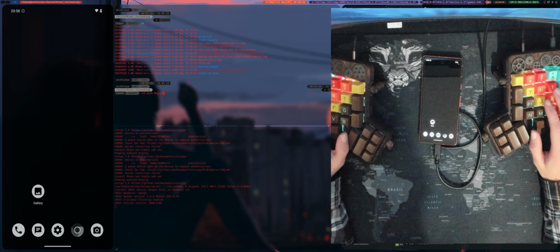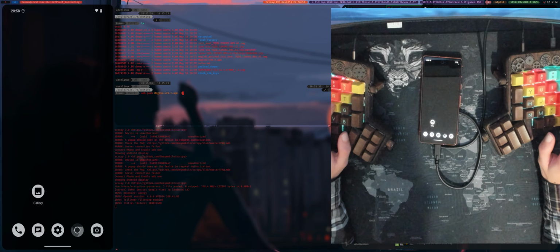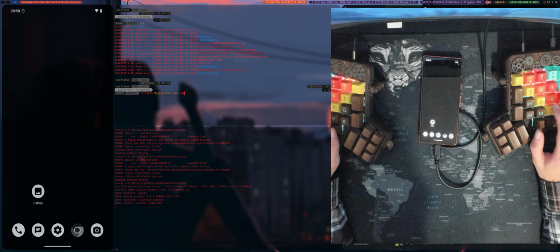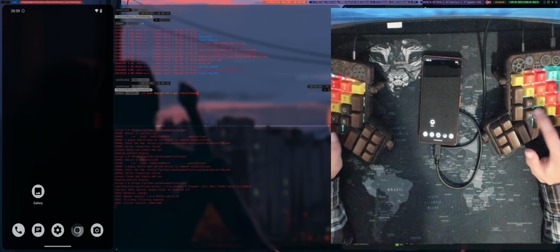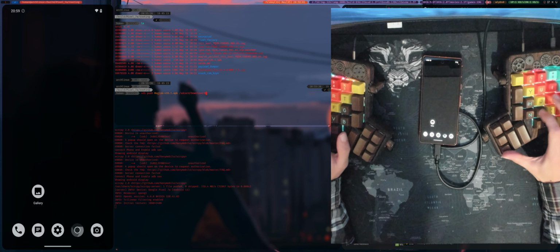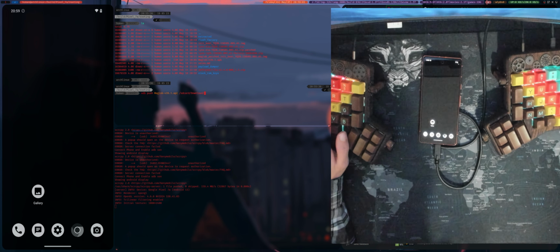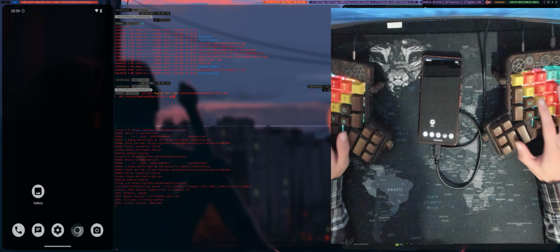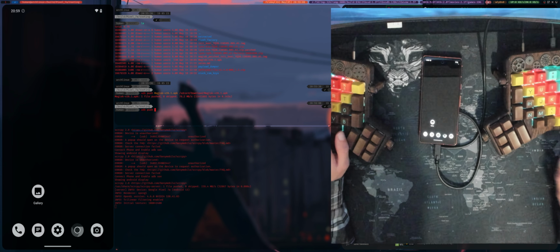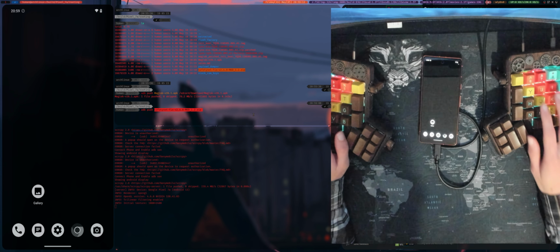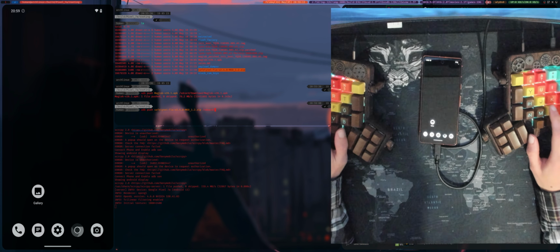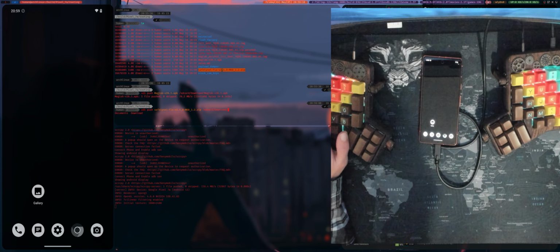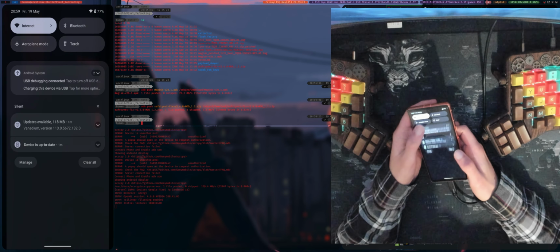So let's do that, and let's push it into the SD card download, and we'll just literally call it the same name, like so. And then we're going to do adb push safety net fix into the SD card download, and we are going to call it the same thing once again, like so. So now that we have both of these files pushed to the phone,